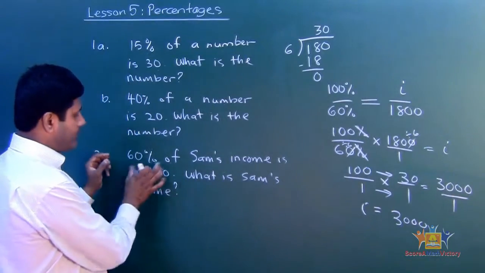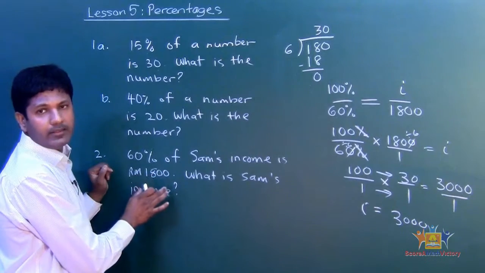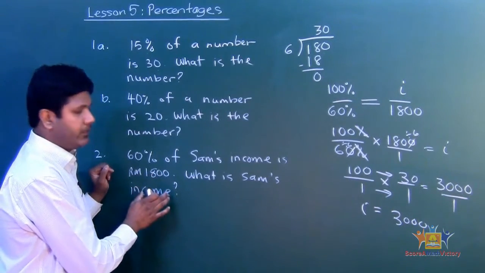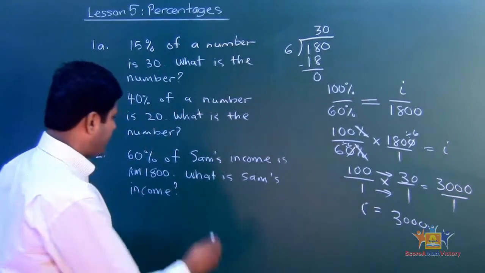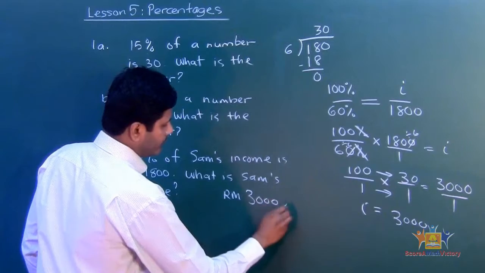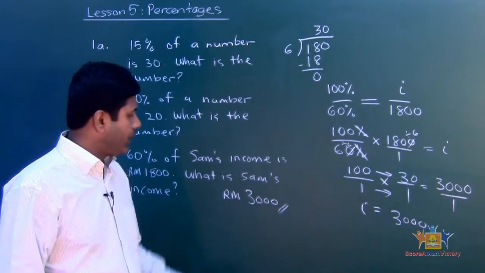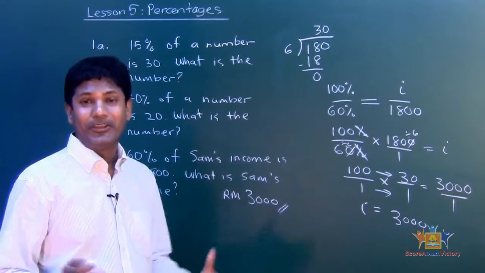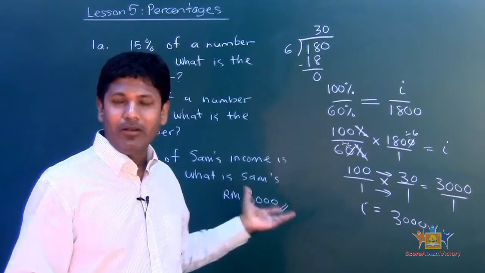Okay, so 60% of Sam's 3,000 income is 1,800. Okay, so that is Sam's income. All right, pretty straightforward. So the answer should be RM 3,000. That should be your answer. 3,000 ringgits. All right. Okay, good. Wow, we learned so much. Well, that's 3 scenarios on dealing with